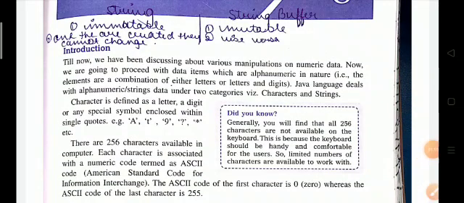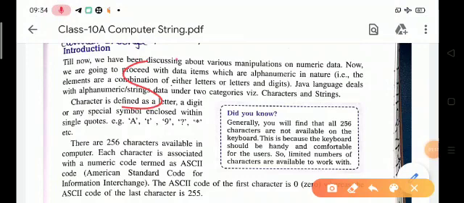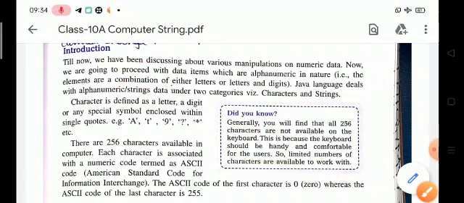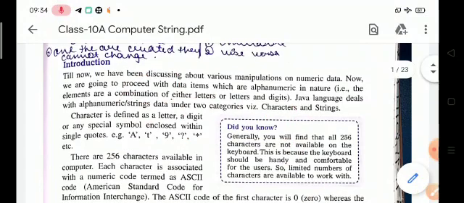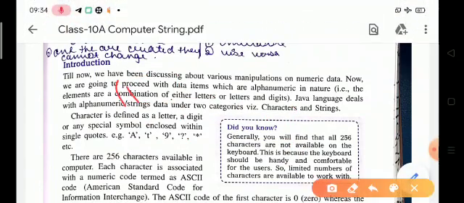Okay children, string. So you know that strings are used for storing text. A string variable contains a collection of characters surrounded by double quotes.